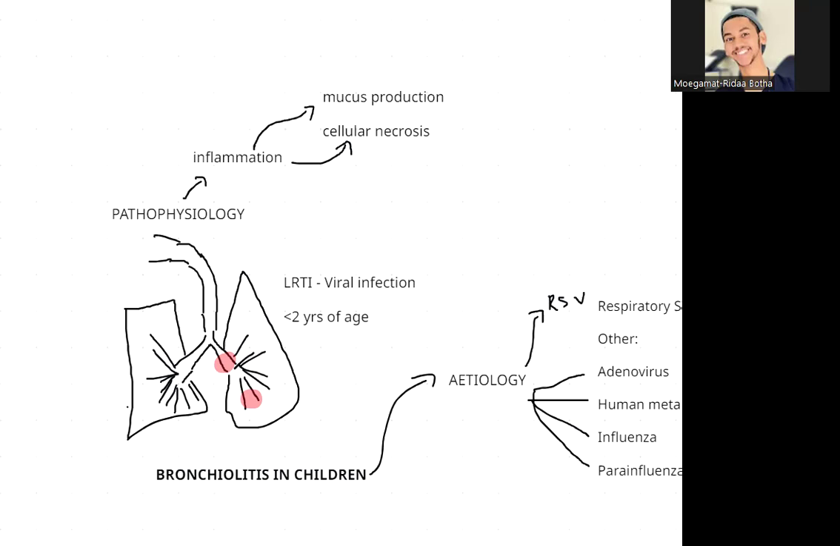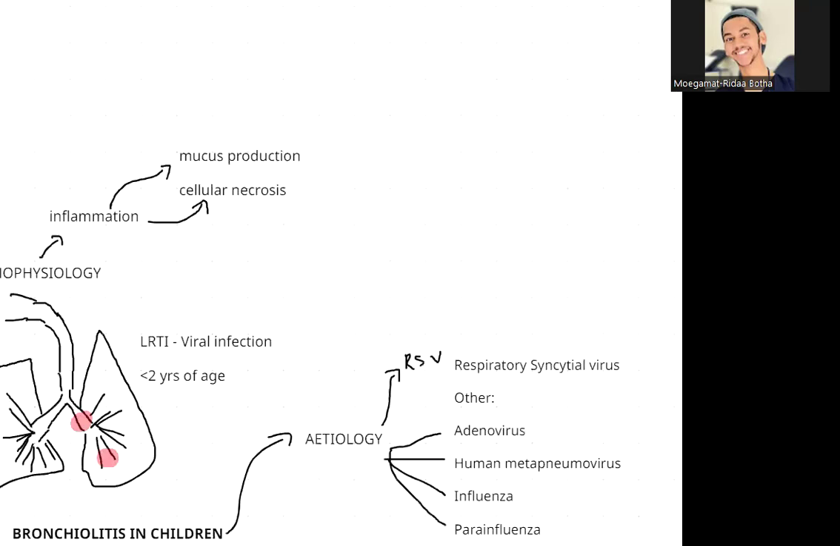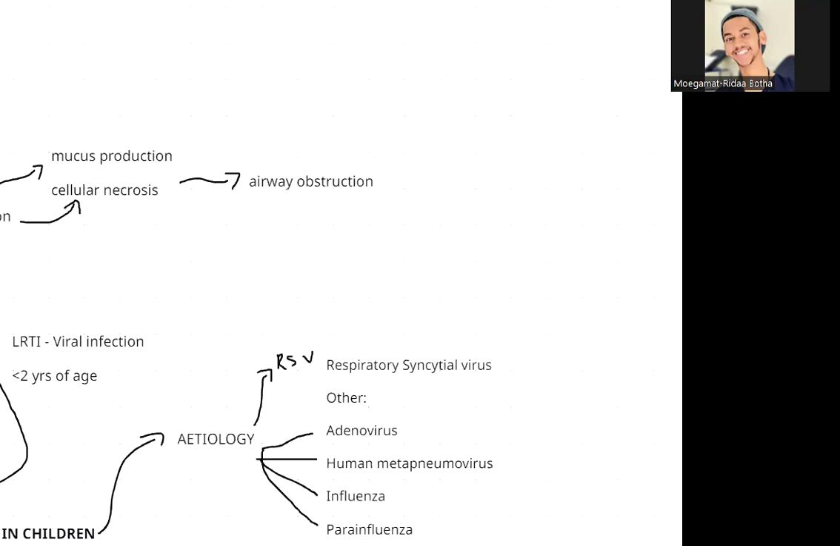This inflammation of these cells can obstruct the airway, and that can result in wheezing. So that leads to airway obstruction, which essentially leads to your wheezing. Okay. In terms of history and physical examination,